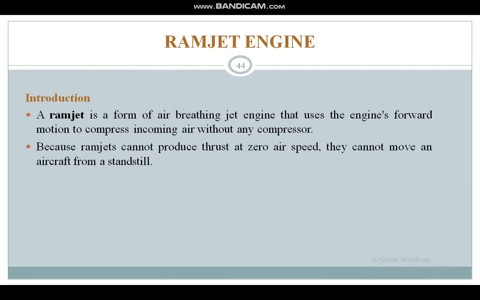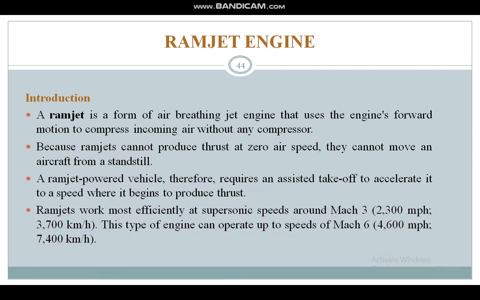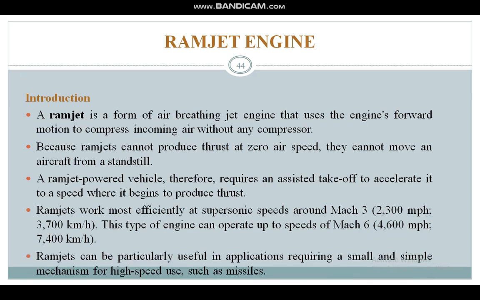Because ramjets cannot produce thrust at zero airspeed, they cannot move an aircraft from a standstill. So a ramjet powered vehicle therefore requires an assisted takeoff to accelerate it to a speed where it begins to produce thrust. Ramjets work mainly efficiently at very high supersonic speeds around Mach 3, that is 2300 miles per hour or equivalent to 3700 km per hour. This type of engine can operate up to Mach 6, that is 7400 km per hour. They are particularly useful in applications requiring a small and simple mechanism for high speed use,